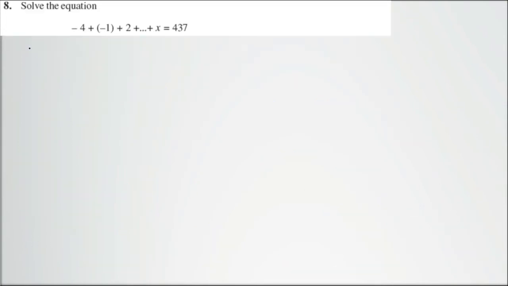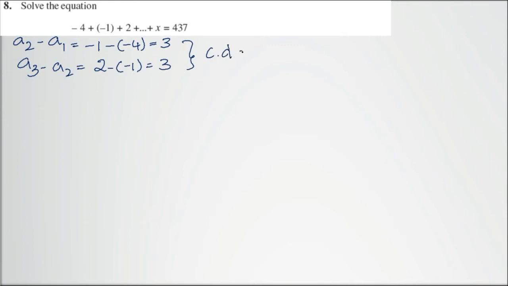Next question. Question number 8. Solve the equation. They have given it as an equation. I need to check whether it forms an arithmetic progression. So let me take a2 minus a1, which will be minus 1 minus of minus 4, nothing but positive 3. Let me find a3 minus a2. a3 is the second term, sorry, 2 is the third term minus the second term. So we are getting a common difference. The common difference is positive 3. Therefore, this series